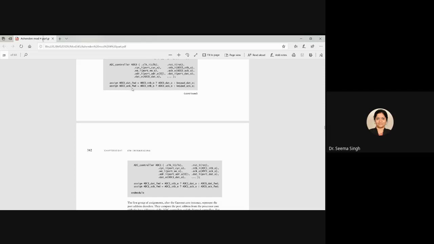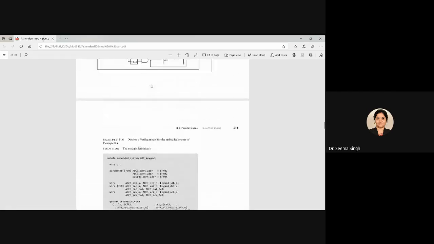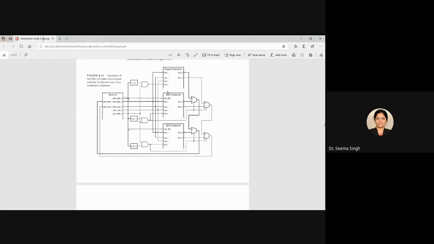You saw, no, there were two types of feedback. One was data feedback, one was acknowledgement feedback. So this is taking care of the data feedback and acknowledgement feedback, means it is taking care of the first mux. I will show you which mux it is taking care of. It is taking care of these two mux. What command I am showing you is for these two mux. This is for data, this is for ack.